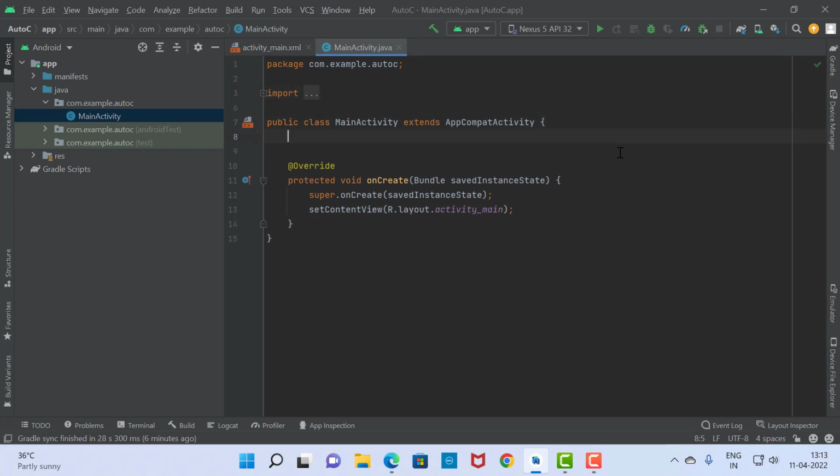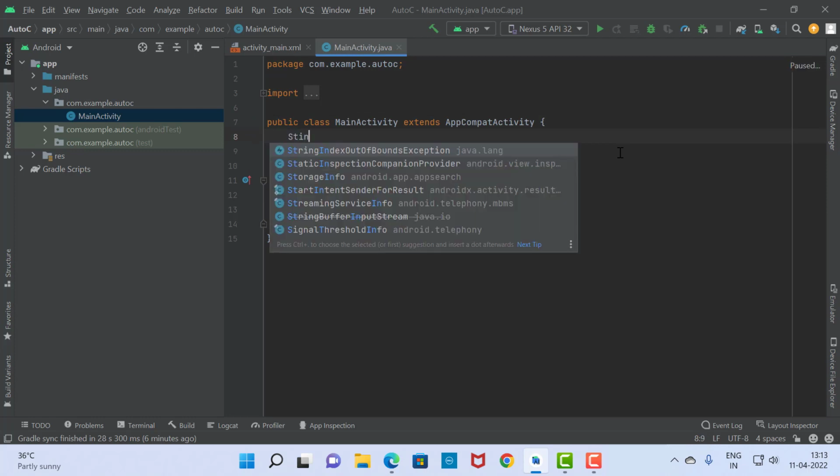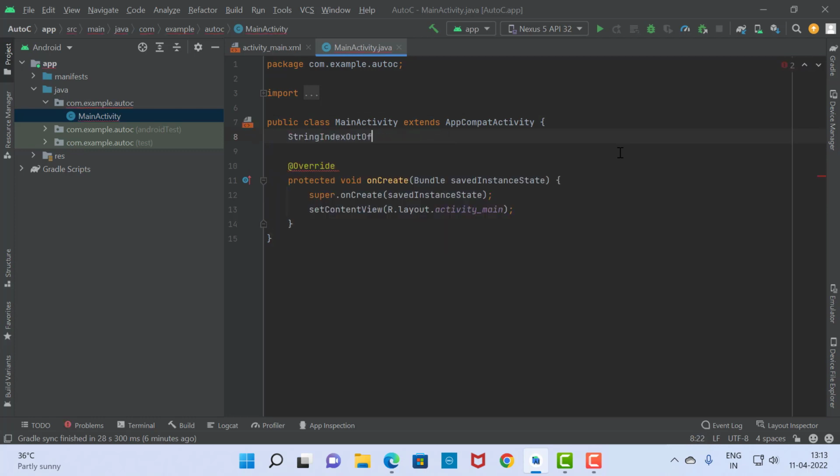So here I am going to declare one string array, then the name of the array. In this array we are going to enter some country names like